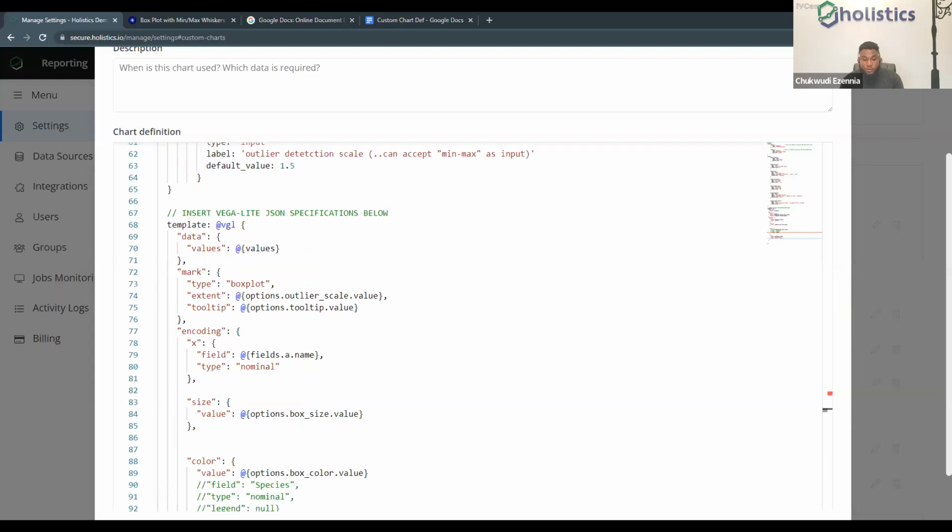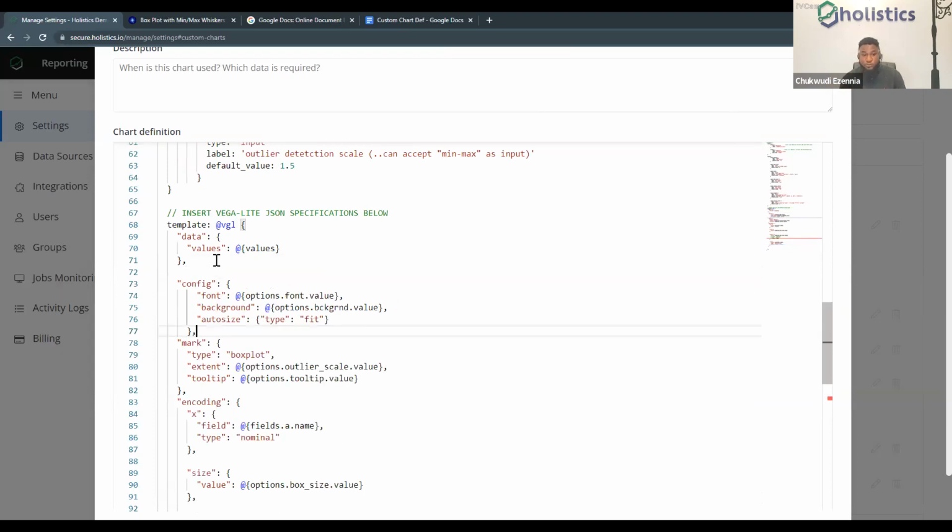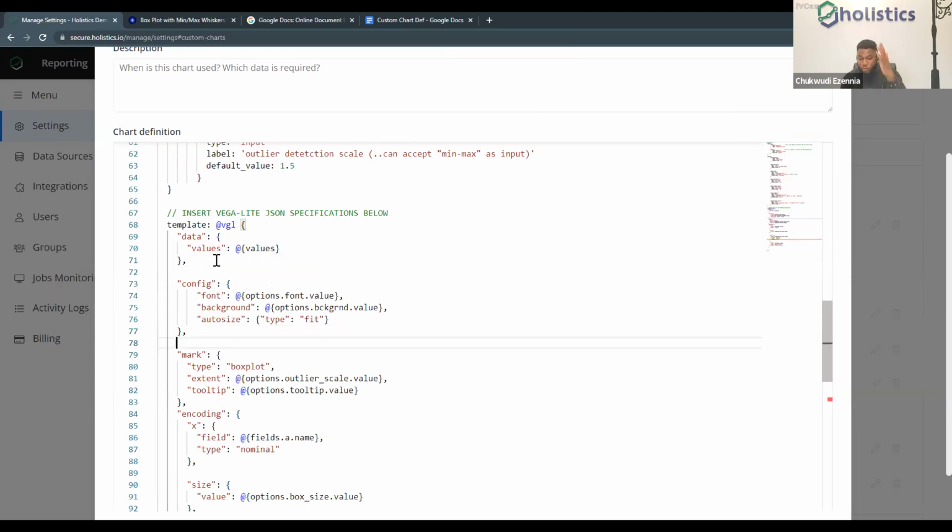And if you take a look at the config settings, it's present on that particular code I shared with you. We can come and put it under here. Mind you, the order of placing these things does not matter. It will basically be rendered in the same way. That's one beauty of this particular language type, right? So you can render it in any manner. There's no order for it.